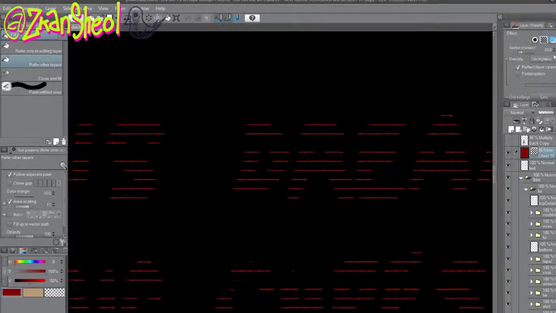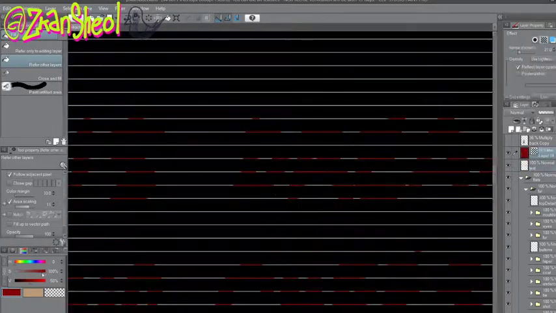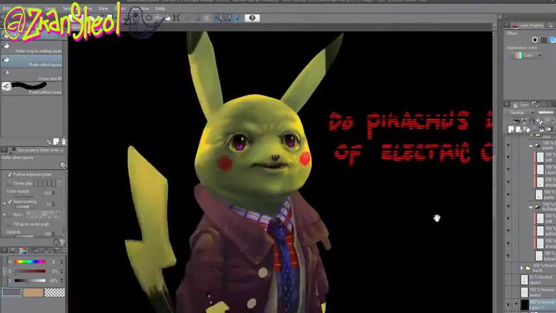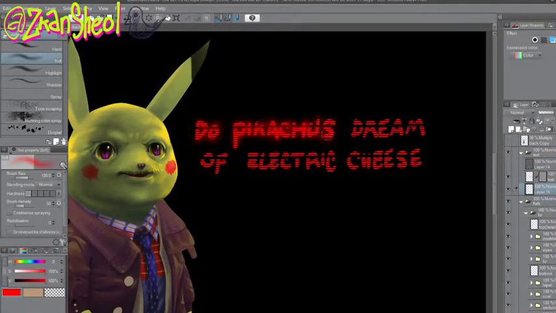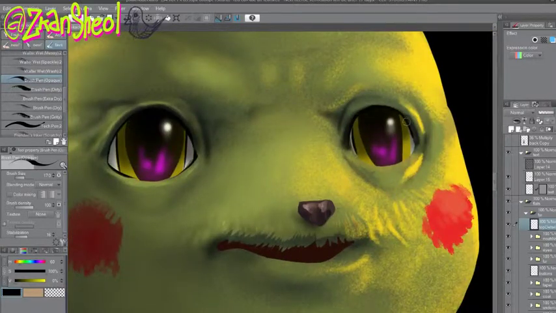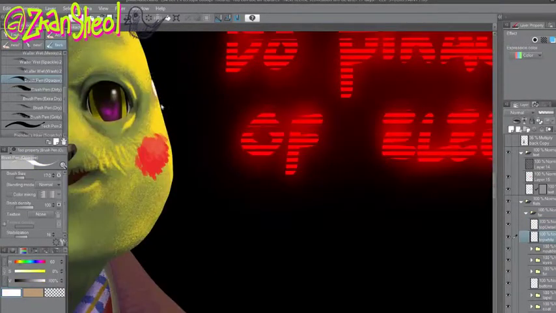I'm adding this little phrase to maybe clue people into which detective this Pikachu is, with the line from the original title from Philip K. Dick's novel that was adapted to the film Blade Runner, though it doesn't have really that much to do